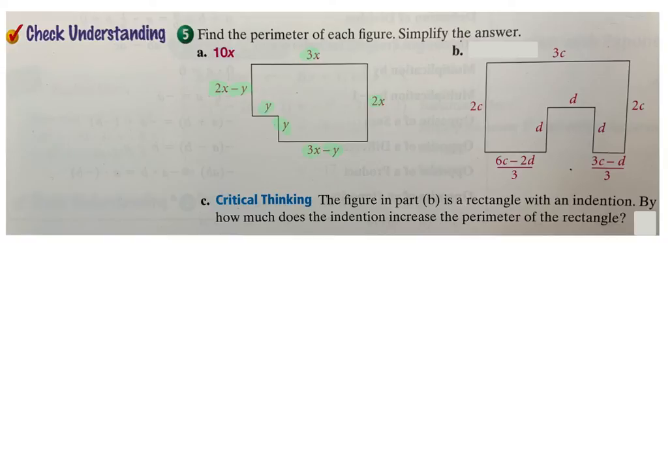Let's look at B, because this critical thinking is about B. The figure in part B is a rectangle with an indentation. By how much does the indentation increase the perimeter? So what they're saying is if the perimeter went straight across here, it would just have been D, right? Obviously. And we wouldn't have had these. So it increased the perimeter by 2D. Going in actually increases your perimeter. Because if you had to put a fence and you had an indentation in your fence, it would take more fencing. So they just wanted you